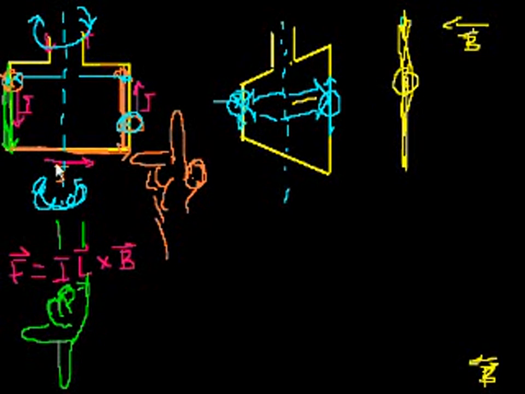Where I left off in the last video, we saw that if we had a magnetic field coming in from the right, and we had this loop of, I guess we call it metal or a circuit, carrying a current in this direction. You can imagine positive protons, although we know the electrons go in the other direction. But if the current is coming in this direction and going out that direction,